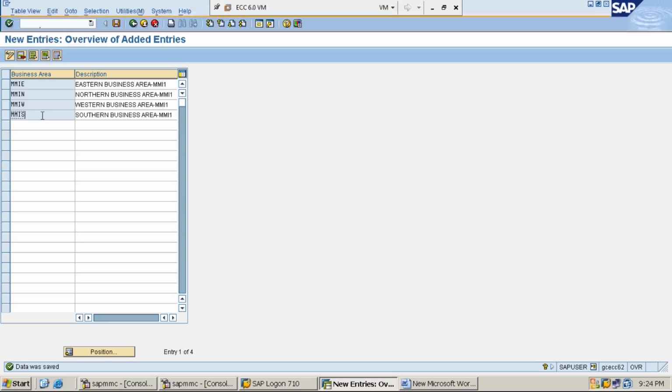Clearly understood, madam? Yes. Right? Yeah, fine. So the message data was saved. Now we set up this area, or we configure, or we create business area. The next step,